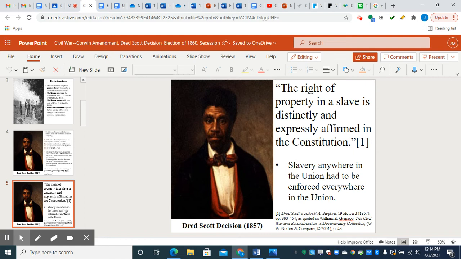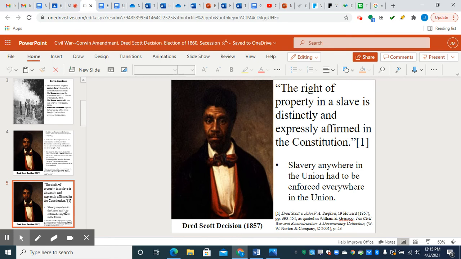The Corwin Amendment was almost the 13th Amendment to change the Constitution to say the US government would not interfere with slavery in the states. It was approved by the House and the Senate. It was approved by outgoing President Buchanan, and it would be approved directly in his speech by incoming President Abraham Lincoln. So you've got Congress offering to change the Constitution to protect slavery where it existed. You've got two presidents, one leaving and one coming in, saying that they approve this type of amendment. And now you've got